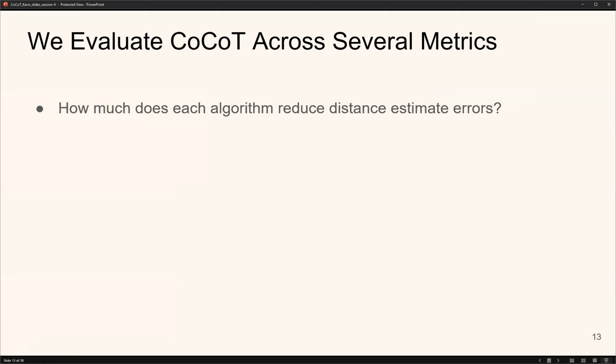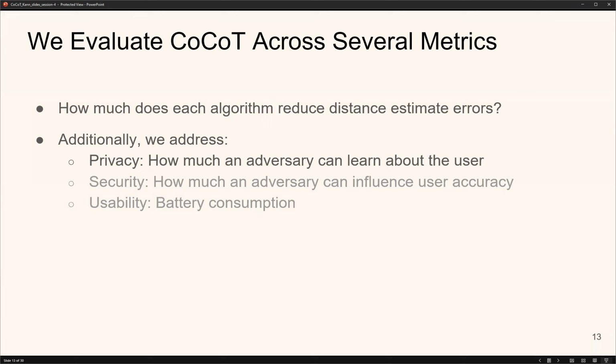But how do we know that these actually do it other than our intuition? Well, we tested each algorithm's ability to reduce the distance estimate errors. Ideally, we want 0 feet or 0 meters of error, but we'll settle for as close to that as we can get. Ideally, our algorithms reduce this distance estimate error as much as possible. And we also need to verify that each of these algorithms satisfies our design constraints. Namely, it has to be private, not allowing an adversary to learn much about the user compared to existing solutions. It has to be secure, meaning an adversary can't influence a user's accuracy, and it can't consume too much extra